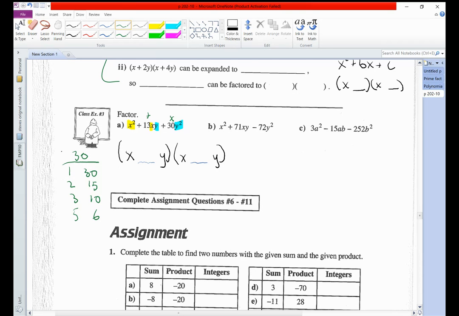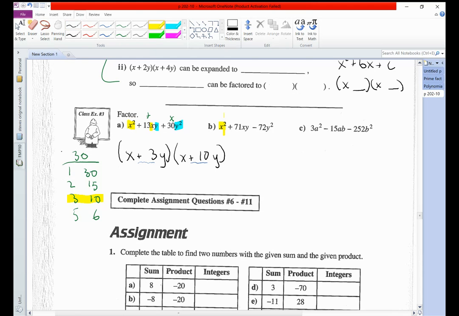5 and 6 if you wanted to be thorough. And you can see that positive 3 and positive 10 add to 13. So now I can say x plus 3y, so that 3 becomes part of the y term, multiplied by x plus 10y. And that's how you would solve those problems where you have